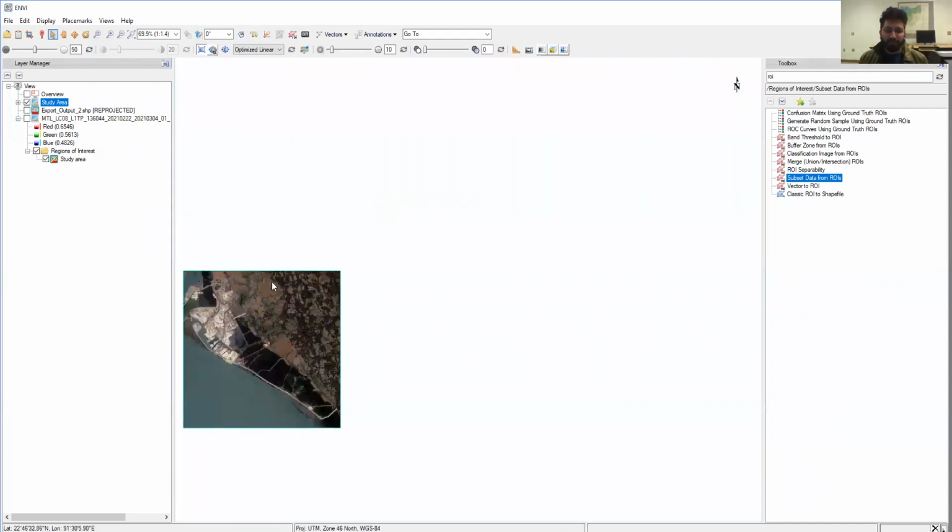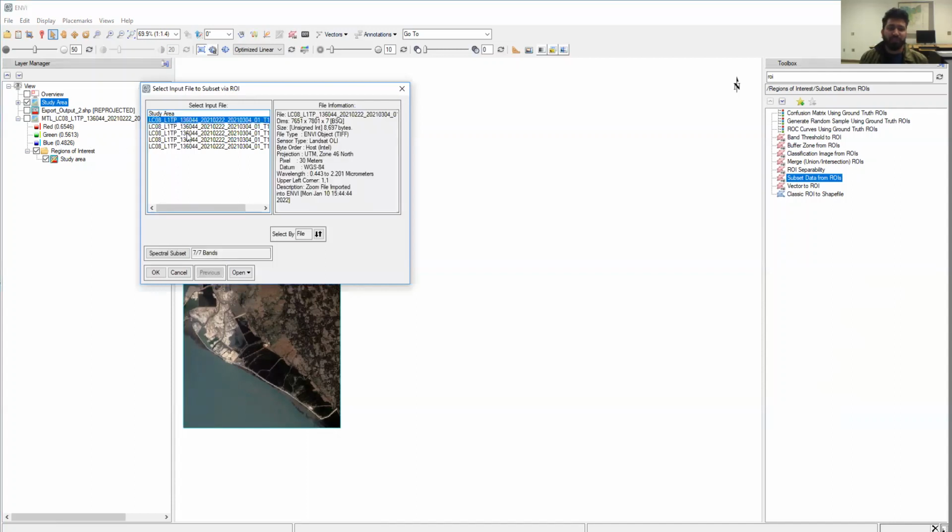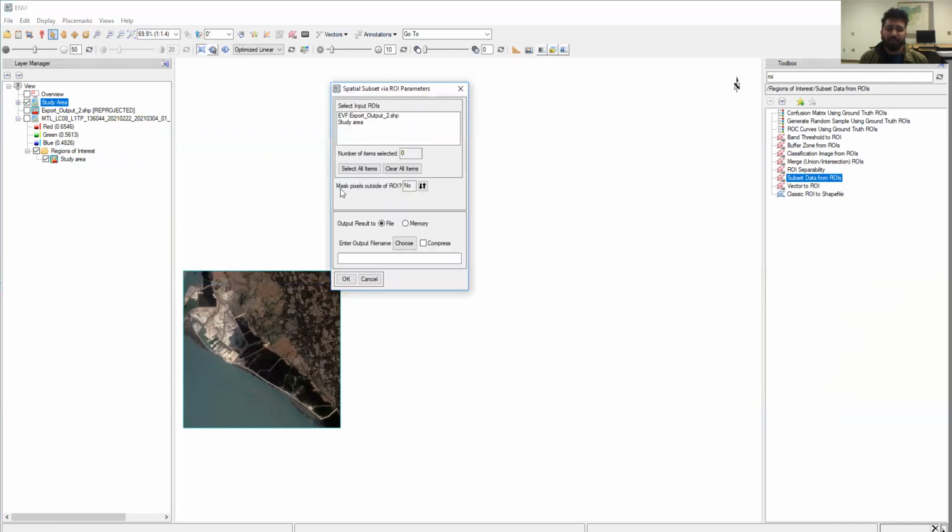So you see, I created this ROI, but I got the rectangle shape. So this is an intentional mistake that you can also do unintentionally. So what happened? You need to mask the outside area of that ROI, then you will get exactly the same area you wanted. So let's redo it, and then we will see what the result will be. So select this one, click OK. See, we have masked pixels outside of ROI. Previously it was no, and we have this rectangle shape. But if you click on yes, and then click study area,